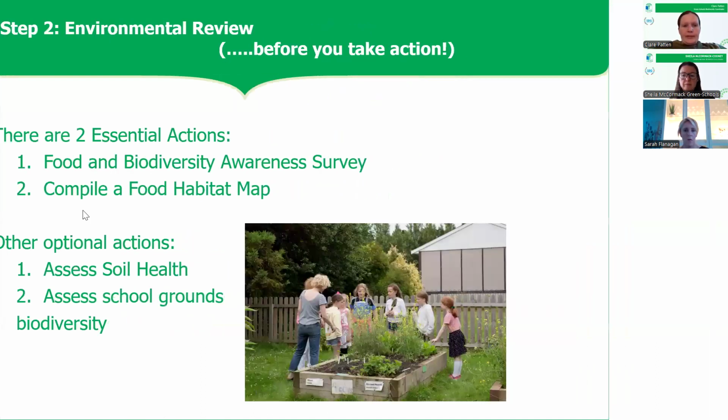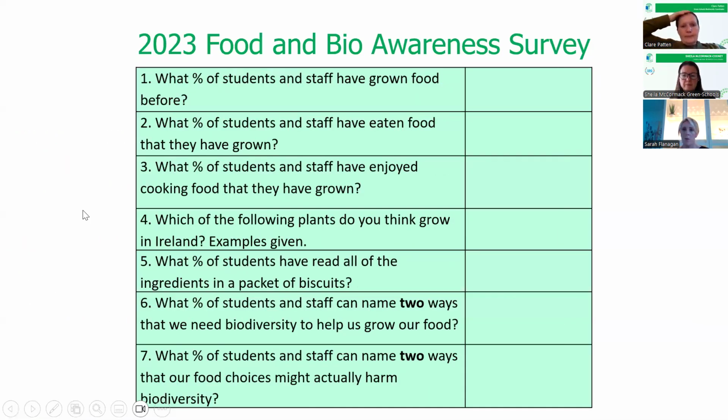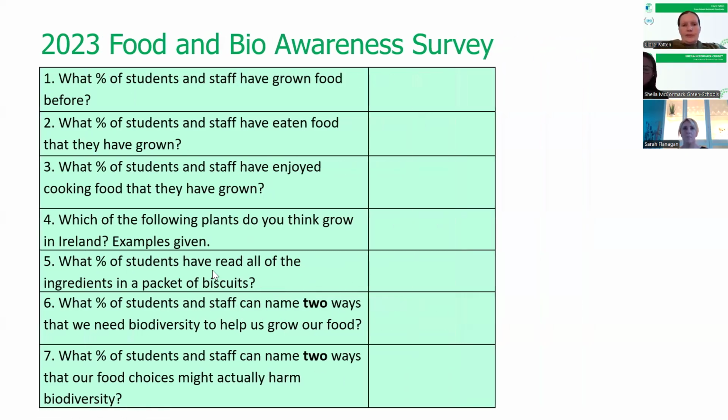So we'll just go back to these essential actions on the awareness survey. This summer, we actually changed the awareness survey a little bit. You can see I've labeled this 2023 survey. I mentioned at the beginning that this is only our fourth year of this theme, so we're still taking feedback on it. And we did get some feedback on the survey that it was maybe a bit too long. Some of the questions were confusing. So during the summer, we changed it by basically removing questions 4 and 5,